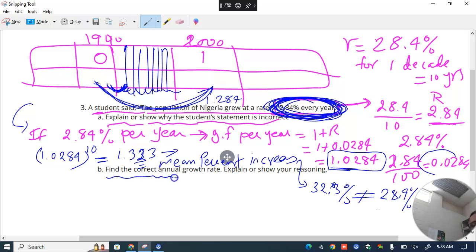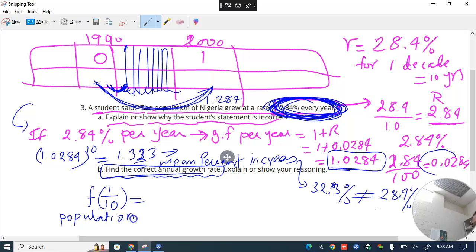Then find the final correct growth rate. So we need to know what is the right growth rate then. Let's do that. Now for this, remember the trick is f of 1/10 per year. Okay, we want to know per year, right? So f of 1/10 equals, this is for 1 year,